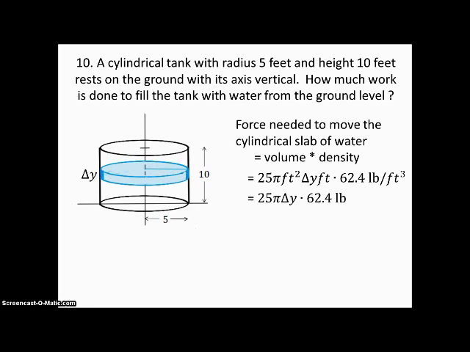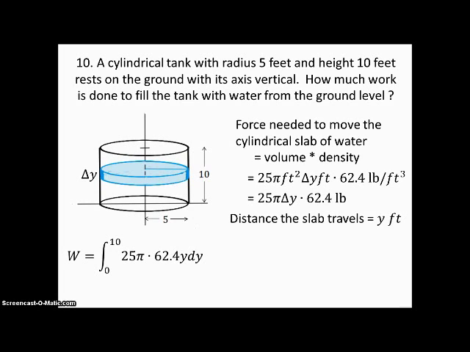Okay, now we have to figure out the distance each slab travels. And that's just going to be y feet, because the bottom one travels no feet, the top one travels 10 feet, and everything in between travels the y value on the y-axis. And so there's your feet back, because you've got pounds and now you've got feet, so you're going to end up with foot-pounds. So the work is the integral from 0 to 10 of 25 pi times 62.4 y